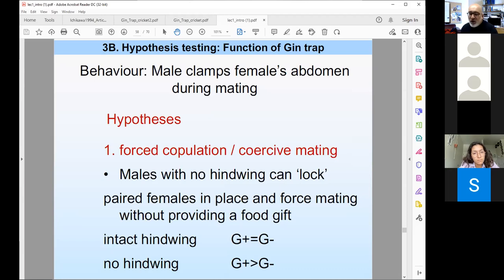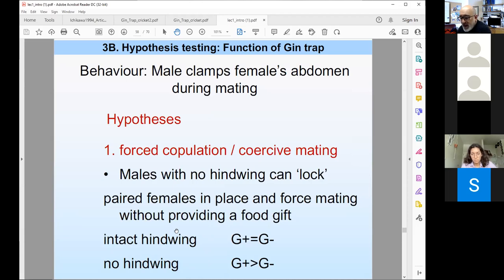The male is clamped onto her and he's mating with her. So that is this idea of forced copulation. So that's the hypothesis, right? So in this case, under this hypothesis, we would expect that if a male had an intact hind wing,